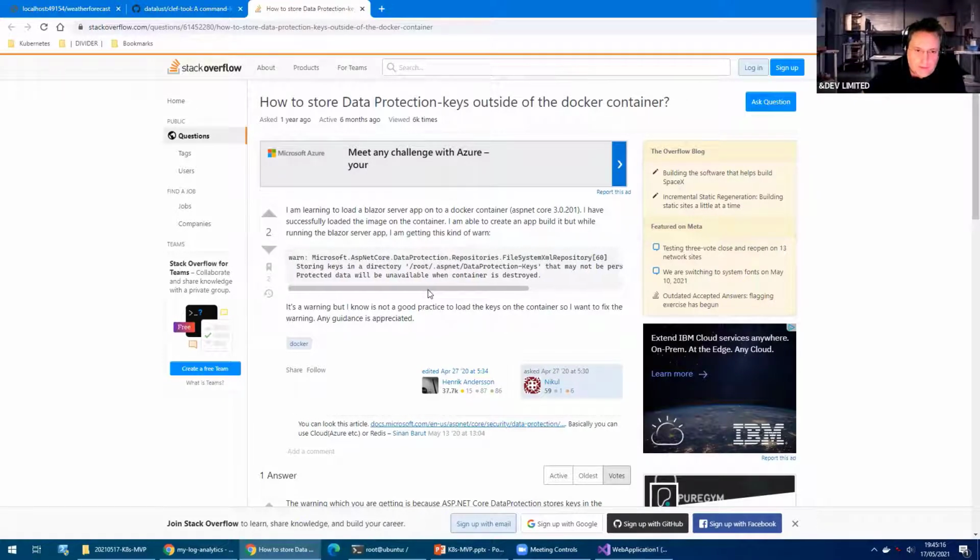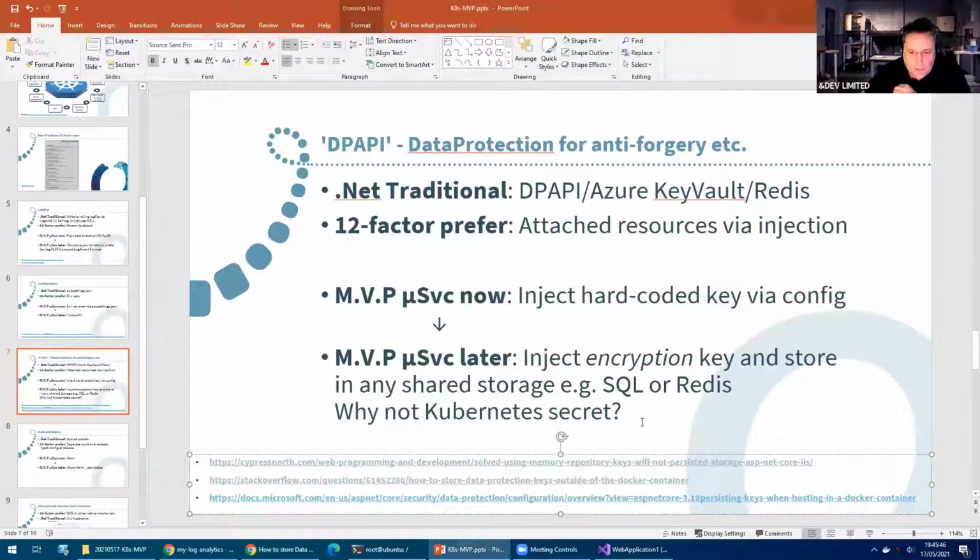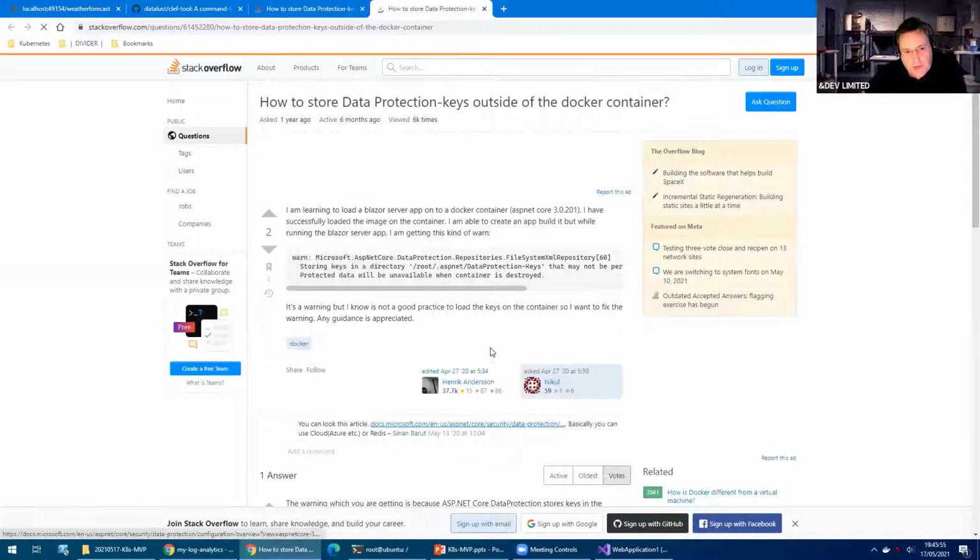Now, obviously, the whole benefit of running in a container orchestration is to be able to have scale out, to be able to dynamically scale the number of instances of the website to handle bigger load, to be able to do rolling upgrades, to have resilience. So this is a problem that we need to solve. And the options given are, the medicine's almost worse than the actual disease in many cases, because it ends up bringing in